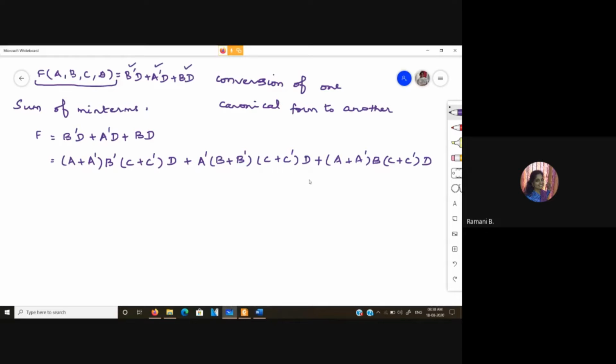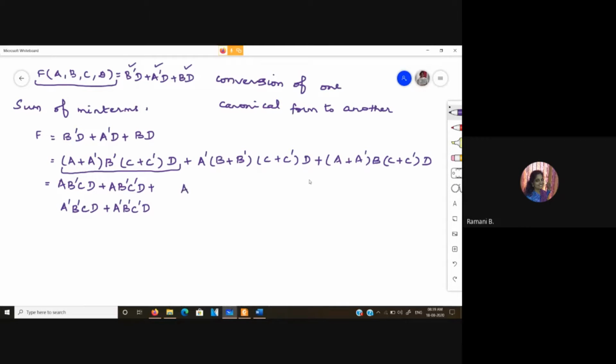So these are the three terms. Now let us find the expression for this. So we have a b bar c d plus a b bar c bar d plus a bar b bar c d plus a bar b bar c bar d. So for this combination we have these four terms.